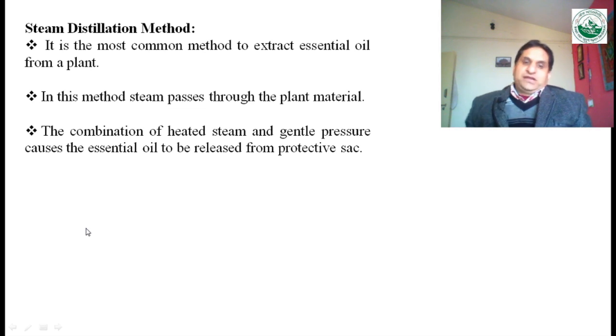And the next method is the steam distillation method. So it is a very common method to extract the essential oil from the plant, and in this method we will pass some steam through the plant material. Because of steam there will be extraction of the essential oil, and because of the combination of the heated steam and gentle pressure, they will cause the essential oil to be released from the protective sac. So whatever the oil is present in the sac can be secreted out, or it can be released from the sac because of the steam and because of the gentle